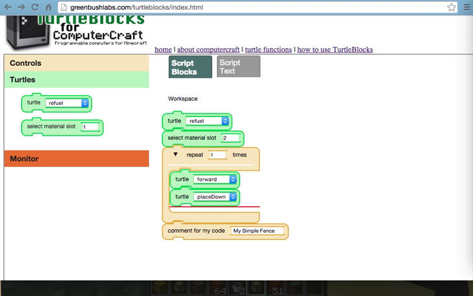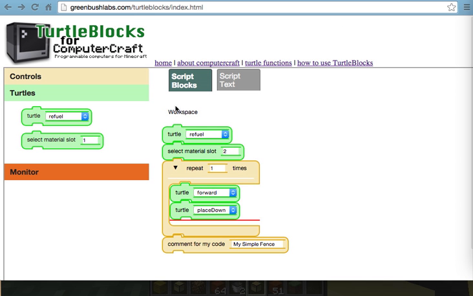And I am working on a tool that walks kids through building scripts for turtles in Computercraft. So if you're not familiar with Computercraft, if you go to